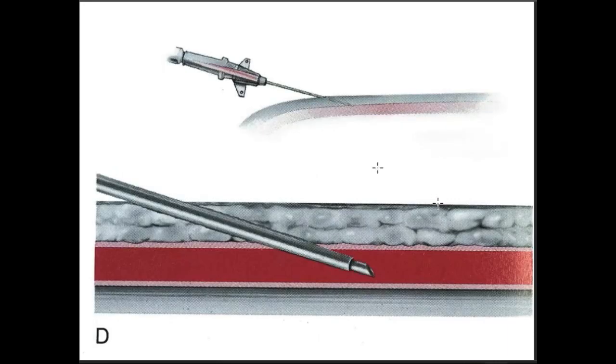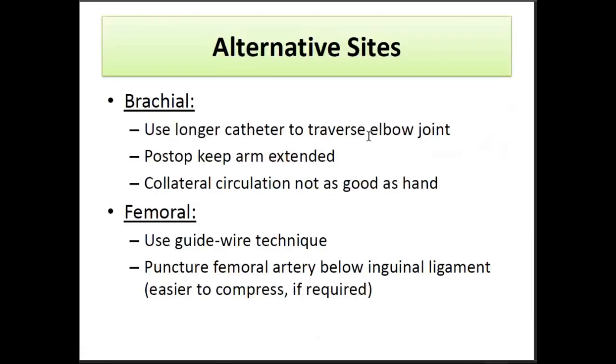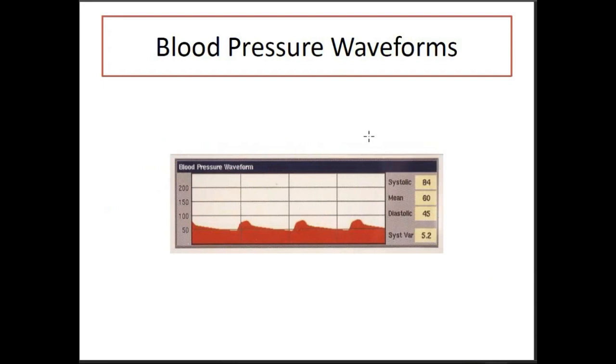So it's a very simple technique. You insert the needle with the cannula inside the artery, you take out the needle and you keep the cannula. Okay, alternative sites: if you cannot use the radial artery, you can use the brachial and the femoral, and each one has its own indications. In pediatrics, we can even feel the brachial pulse, so it's a preferable site if you are with the guys doing CPR. Okay, so blood pressure waveforms. These are important: you should know the systolic, the diastolic, and the mean arterial blood pressure.